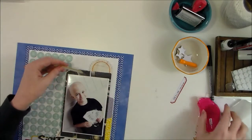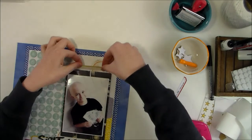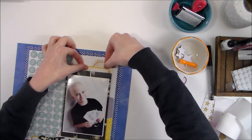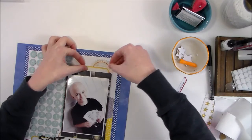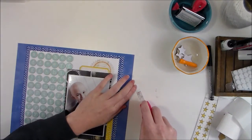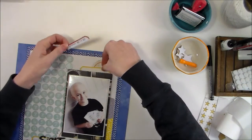Okay, so now we'll take this yellow portion of this label. We're going to put it right over here. I'm not going to push that down all the way just yet, because I want to make sure that we've got enough room and we can get...